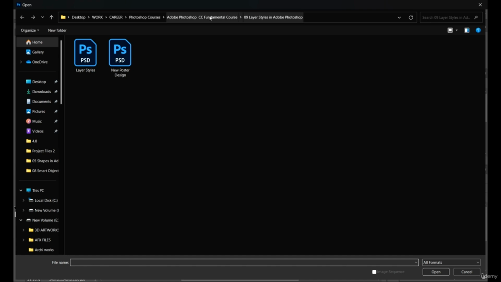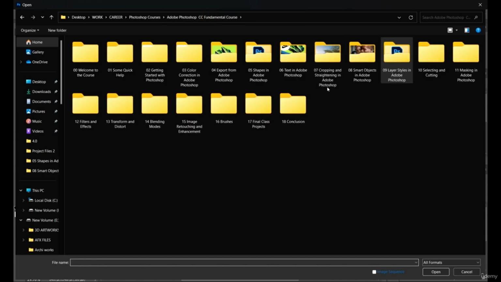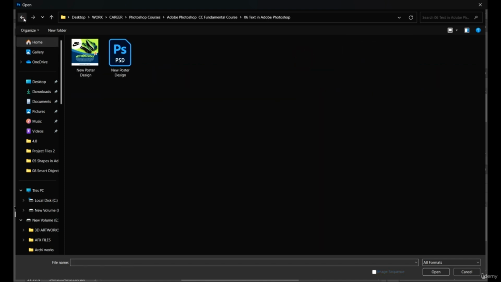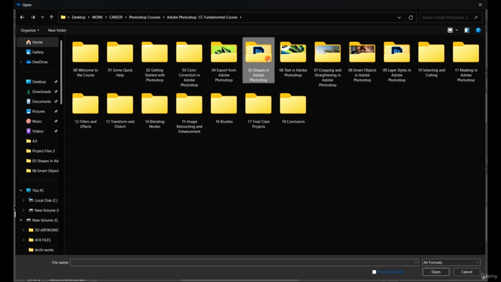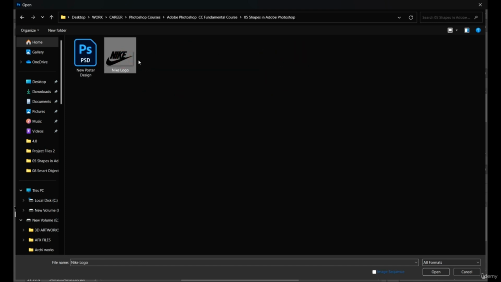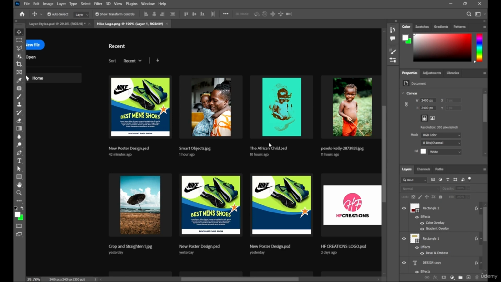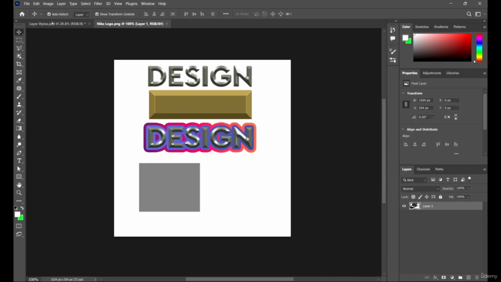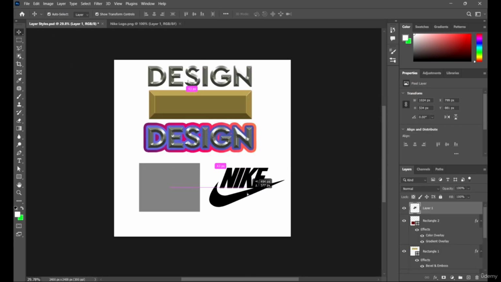Let's open and import that Nike logo we used. Will that be on the text? Let's check text. No, that'll be on the shapes, I think. Yeah, so that's the Nike logo. So you could have a logo like this. Now I'm just going to bring it here. Now this is our Nike logo, and